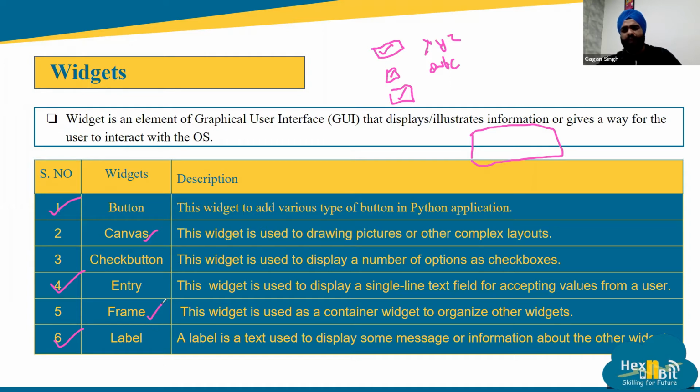Frame is generally used for alignment and all. Like within a frame, you can add on different widgets to create a group of widgets. Label is something used for displaying a normal text over your GUI. Label can also be used for adding images. So in our application, we will be using label for both the things, for adding icon images and all, as well as for adding information to it, right? So we will be doing both the aspects of it in that.